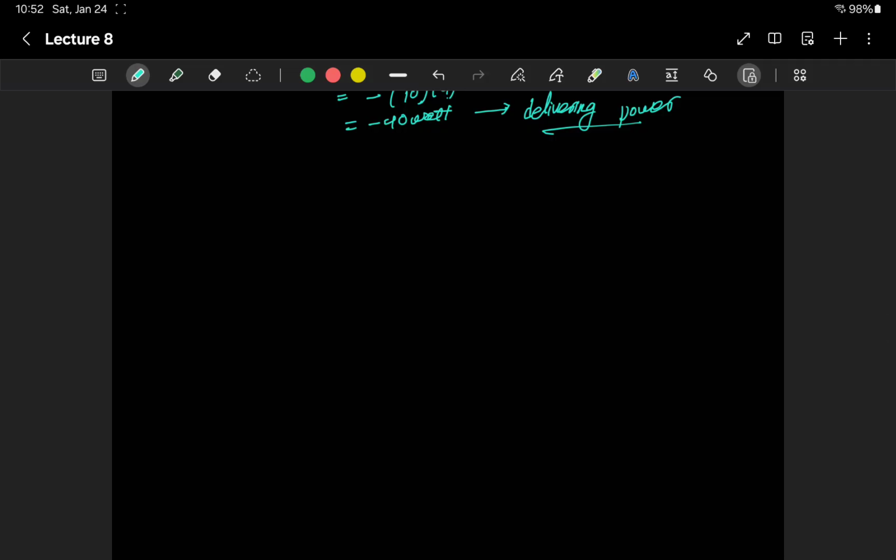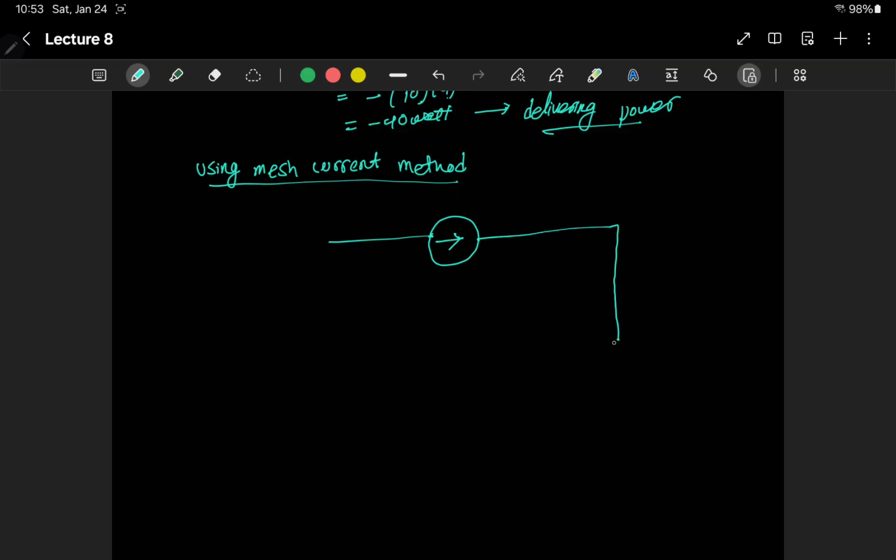Now we are going to solve the same problem using mesh current method. And we should get the same values because we are solving the same problem. Let me redraw the diagram so that it is easier for you to follow. So this plus, this was negative, so this is 30 ix,